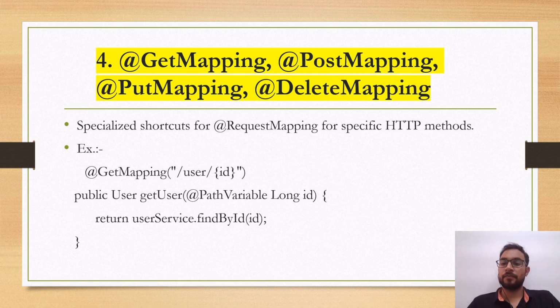So next will be @GetMapping, @PostMapping, @PutMapping and @DeleteMapping. So it's a specialized shortcut for @RequestMapping for specific HTTP methods. For example, we use @GetMapping annotation on a method getUser and inside this annotation we pass the URL /user/{id}. Okay, and next,